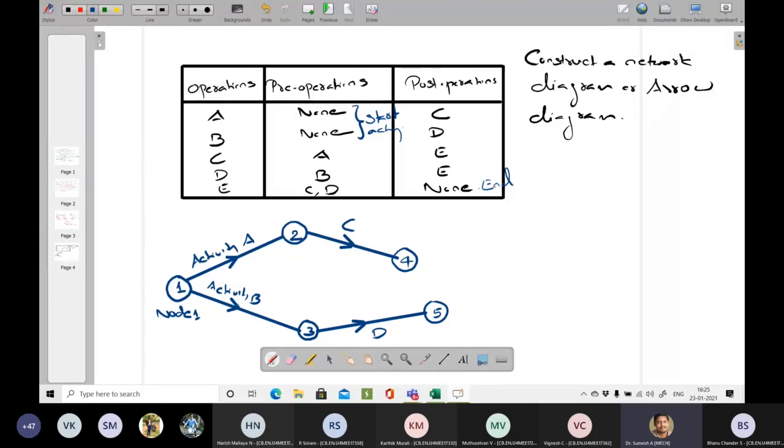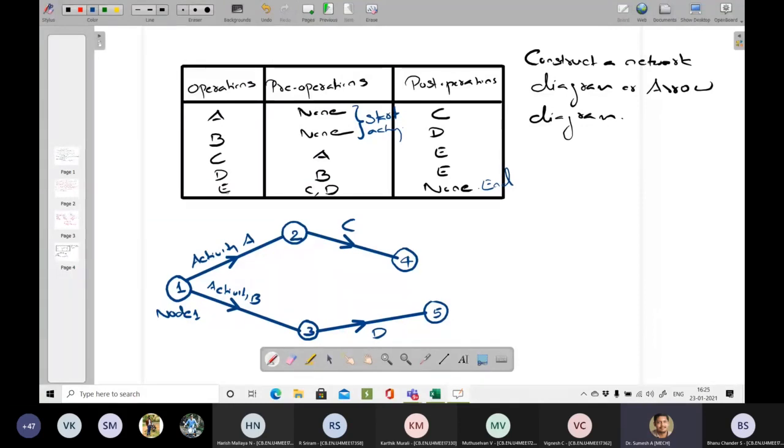Now what's the next activity after D? E. E has pre-operations of C and D. So how to draw it? There are two options available. One: since I have drawn it like this, you can connect node 4 to node 5 using a dummy activity.